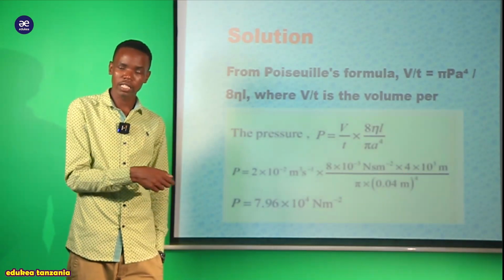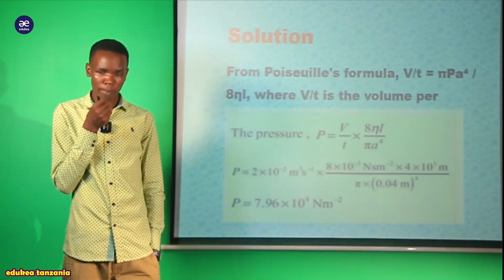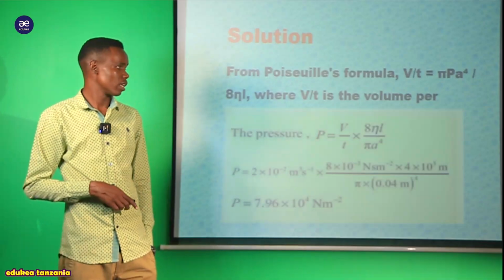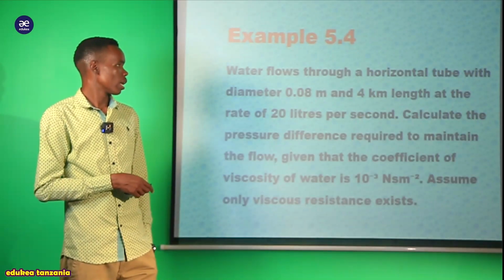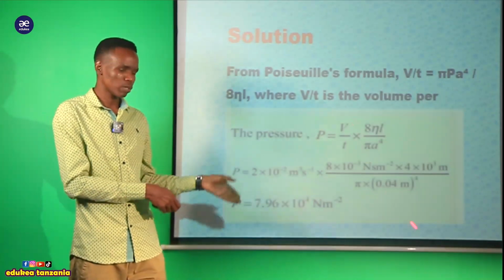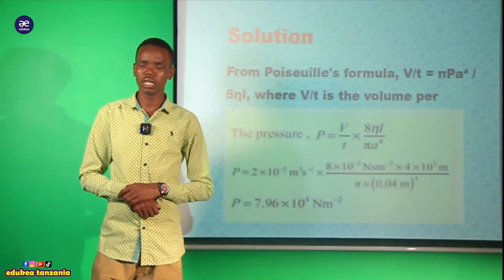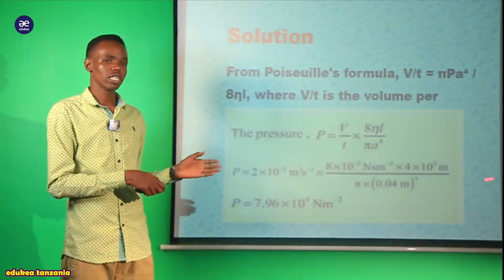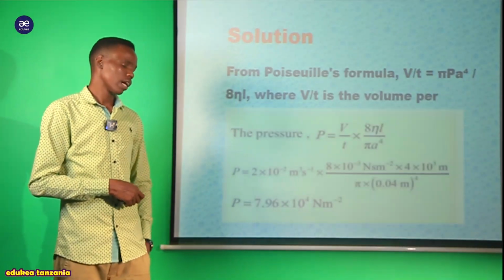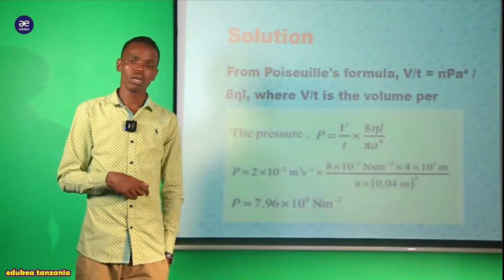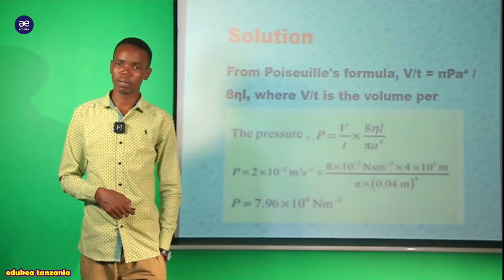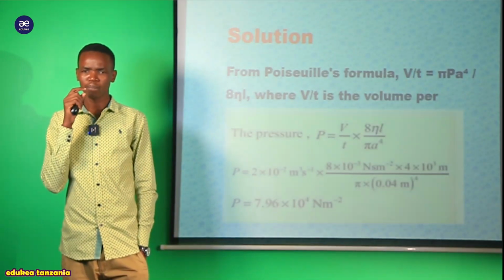So as we observe, my dear student, if we substitute our given values, because the A we have, the A is equal to the diameter, ambao tumeshapewa pale kale ka distance ka tube. The A is like the length. The A we have, my dear students. So if we substitute the values that we have on our equation here and take our calculator and substitute those values, we could obtain the pressure difference must be equal to 7.96 exponent 4 Newton per meter